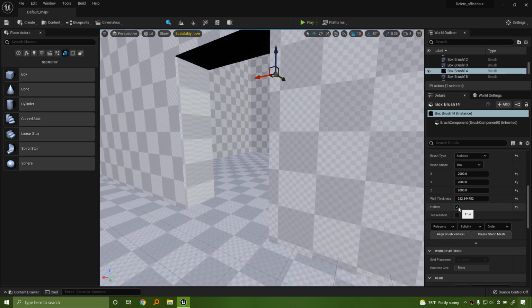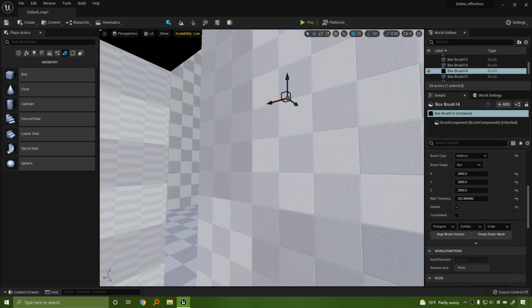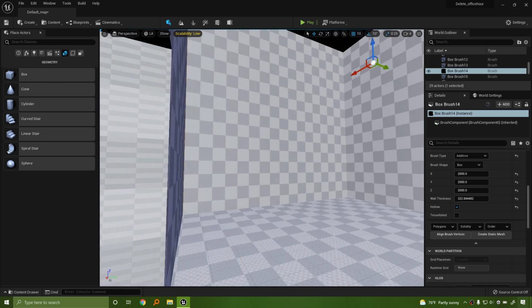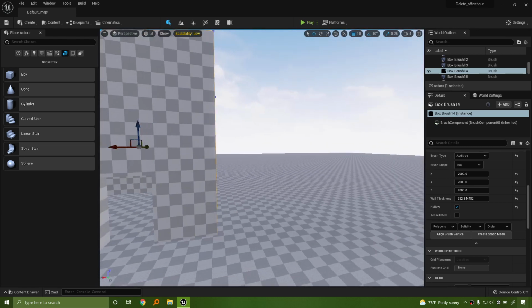I don't really often use hollowness unless I specifically am trying to be in a scenario where I need to cut out from a hollow box to make an interior. So if it's not someplace that the player is going to be inside, if the interior of the box is something that I'm going to stick another item in, or someplace that the character can look into, I will use hollowness. But if I'm making a building that the player is going to be able to walk into, and I want to be able to go back and say, hey, this building needs to be larger.